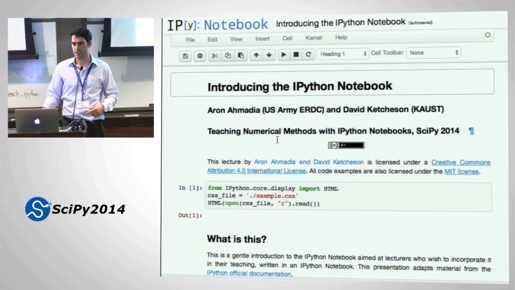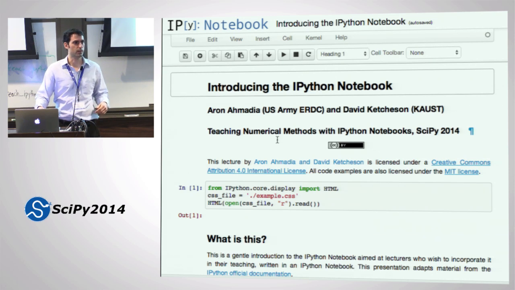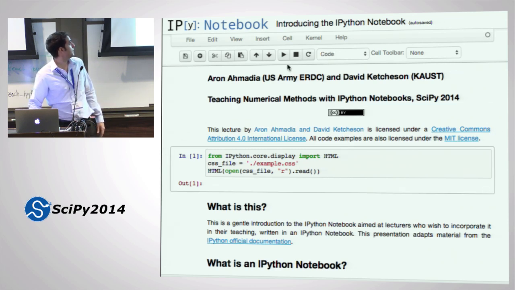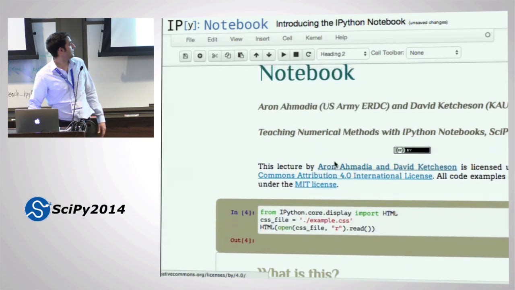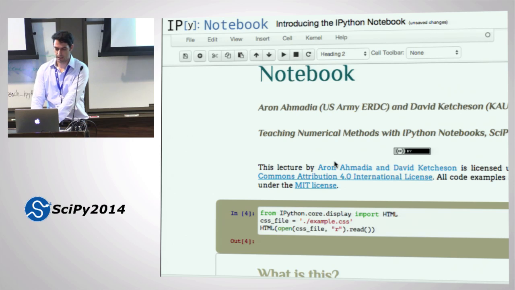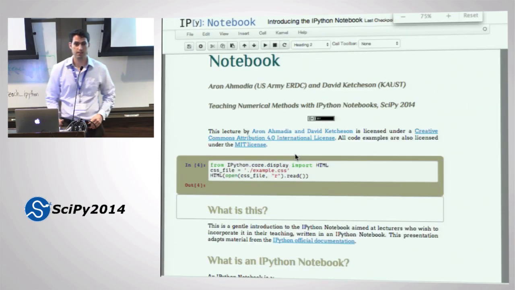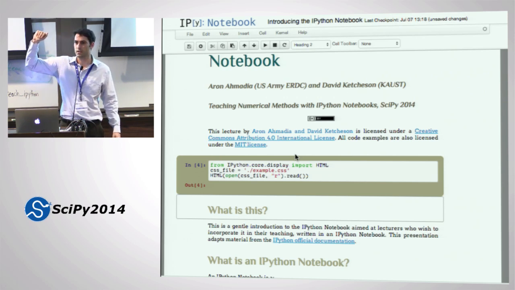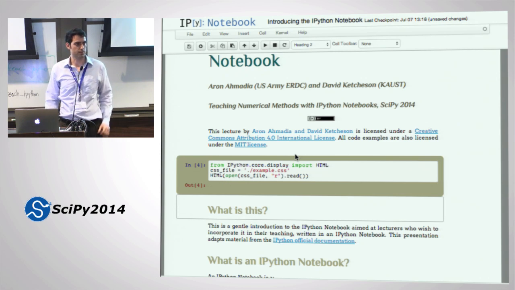Put up a sticky note if you are comfortable with browsing forward with whatever you've got. You've got a notebook up, and you're on the right notebook. Put up your sticky if you're ready to move forward. And actually, definitely, the first thing to do is to try running a cell. So you can click on this cell. You'll get a green box highlighting it. And then just press the play button right here. And if you see a bunch of stuff change, that's a good sign, because that means that the styling worked. And if it doesn't work, go ahead and put up a hand, just so we know that people have some issues. OK. And thanks for volunteers.